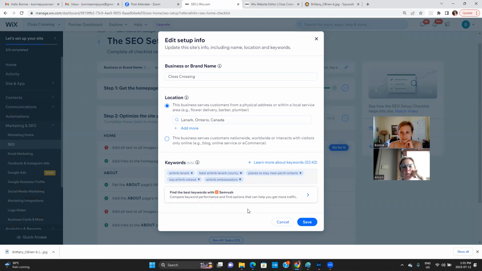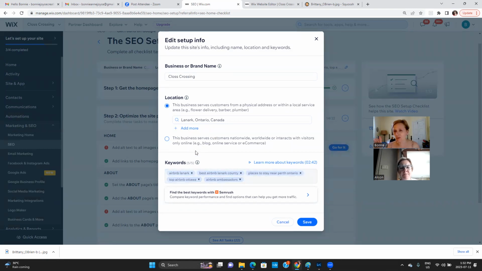Or would you change any of those? Or any of those not relevant for you? No, I like all of those. The cabin treehouse seems to be really popular, so I'd probably add something with cabin and treehouse. Okay, that's good to know. Maybe focus on Ottawa Valley or Lanark County, or try to target a place. We've got Lanark County there. This one's Perth, and I added one with Ottawa. Yeah, it's perfect.